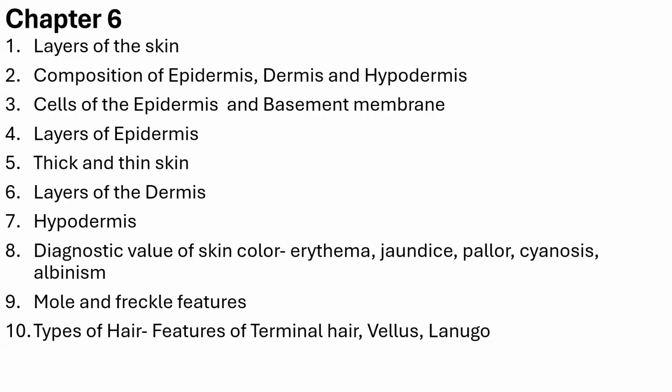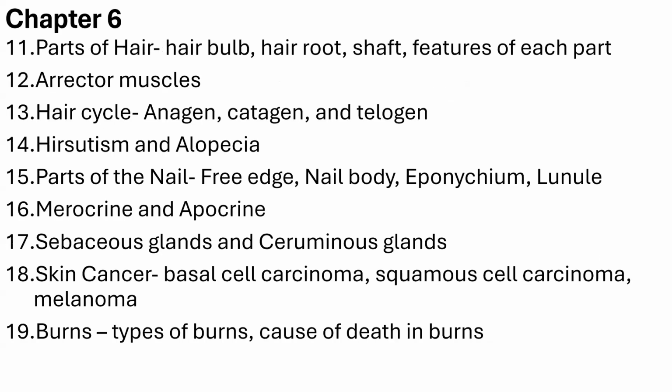Types of hair, features of terminal hair, villous hair, and lanugo. Parts of the hair bulb, hair root, shaft, features of each part, erector muscles, hair cycle, anagen, catagen, and telogen, hirsutism, and alopecia, parts of the nail, the free edge, the nail body, eponychium, lunula,